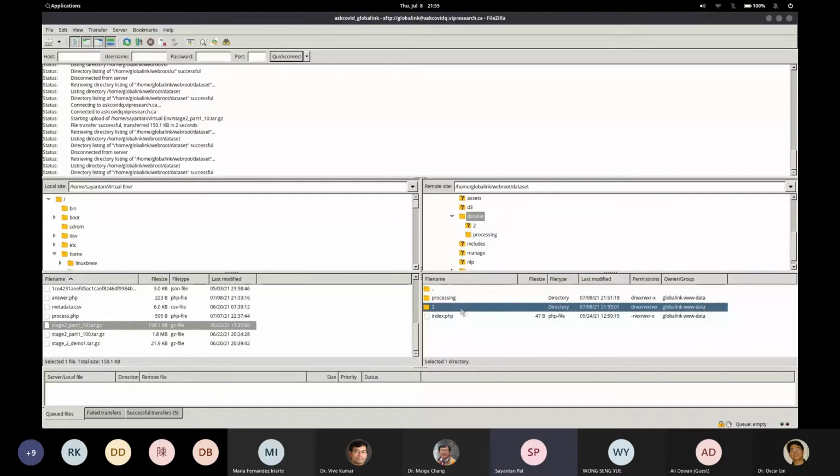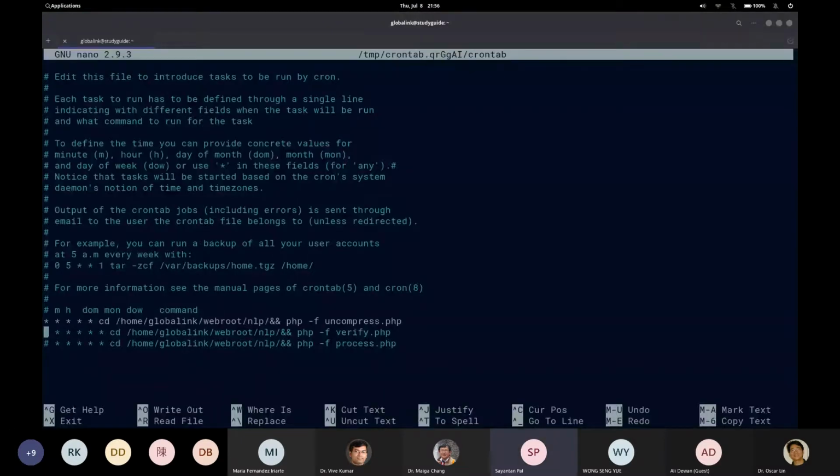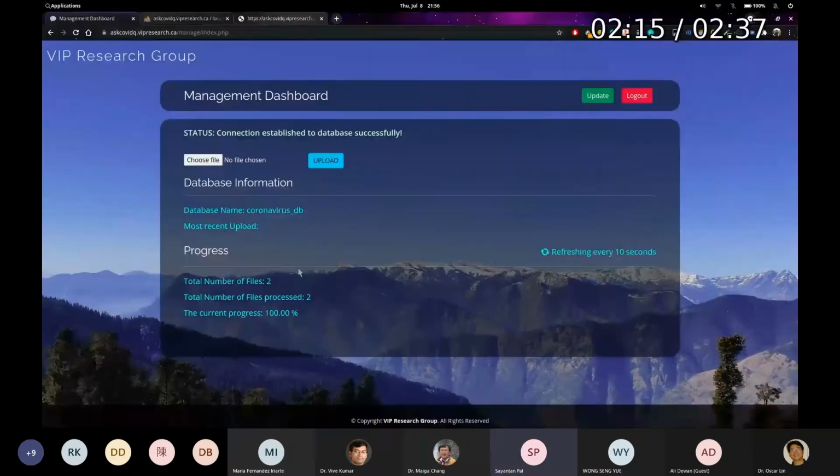Now what I'll be doing is running verify.php so that it extracts everything under processing. See, there is another folder named processing. So 2 will be removed and instead all the JSON files will be moved to processing. We'll be seeing that too. As you can see, I am now uncommenting the line of verify.php. And here you can see that the total number of files will increase from 2, as 10 more would be added, so it would be 12. Let's see that happening.